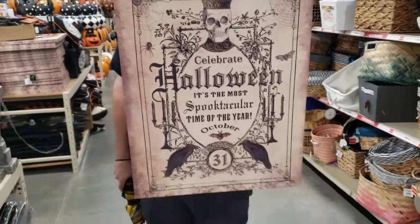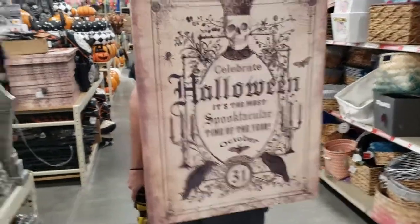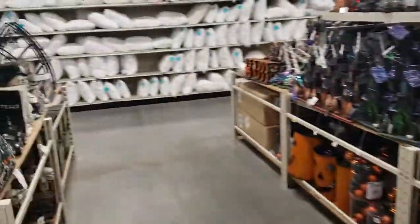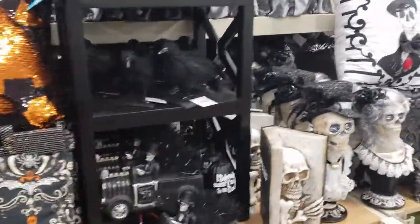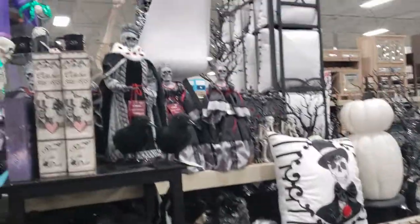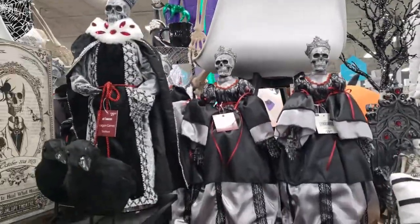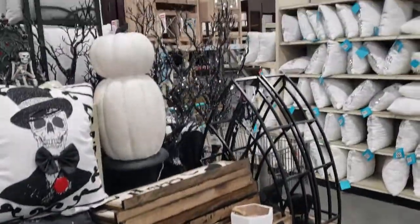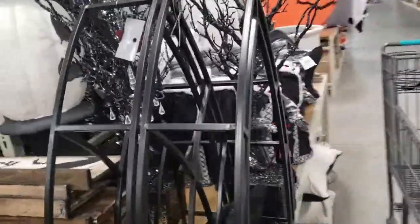Ooh, let me see. Oh, that's cool. That's not bad at all for $29.99. I'm really surprised. I feel like there's a lot more Halloween decor than there has been in previous years. A lot of really nice figurines here again with the medieval kind of thing. And like I said, I really think that's kind of spurred by the whole Game of Thrones frenzy this year. Little did they know everyone was going to be mad at Game of Thrones. But...